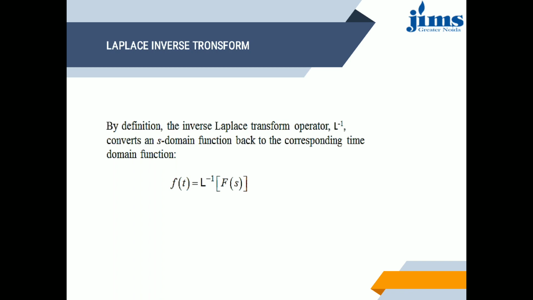So the inverse Laplace transform of any function is usually obtained by using partial fraction expansion. It uses the one-to-one relationship between a signal and its unilateral Laplace transform. The partial fraction expansion can be used only for a proper rational function, that is, for a function in which the order of the numerator is smaller than that of the denominator. So f(t) is given as the Laplace inversion of F(s).